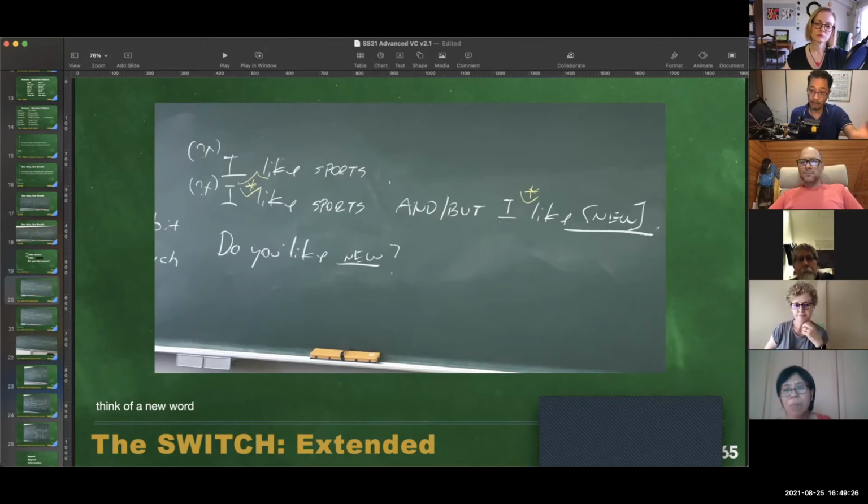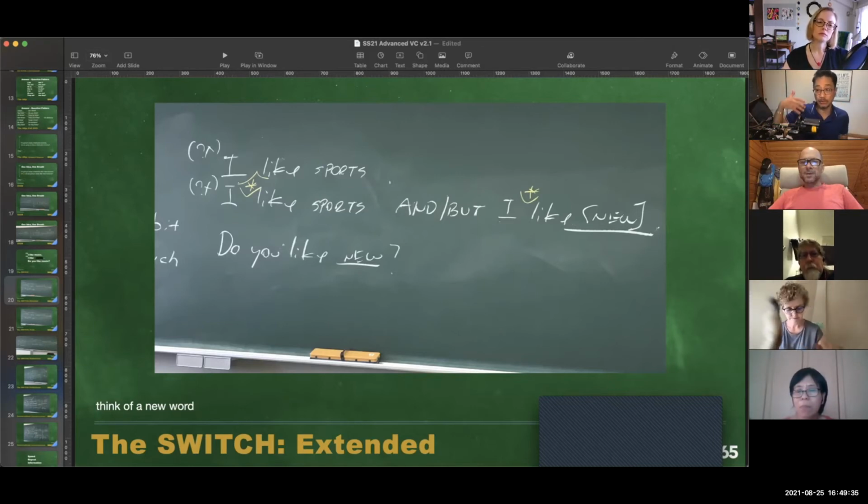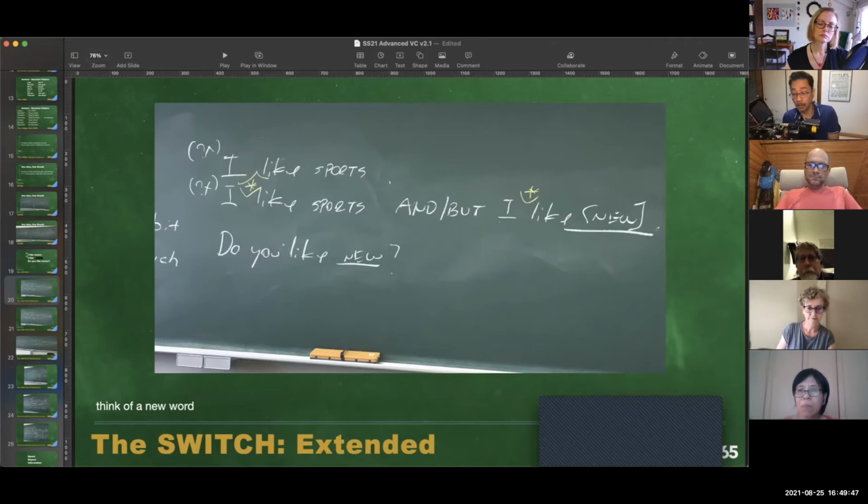You also then have to choose the conjunction dependent upon the two types of grammar. If you don't like something, but your response to your partner's question was, I don't like, but of course, the most likely thing is you'll come up with a word that you do like. You have to make sure that that's but, because I don't like cricket, but I like football. I don't like cricket, and I don't like baseball. I like sports, but I don't like karaoke.